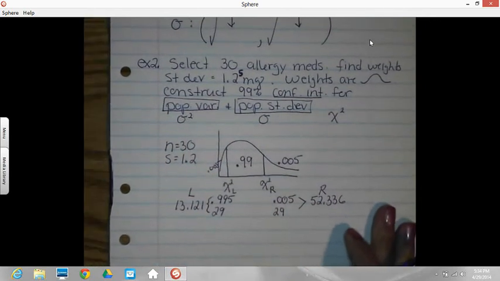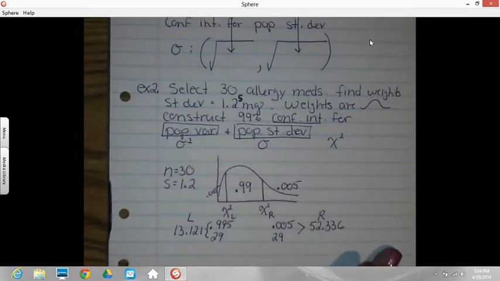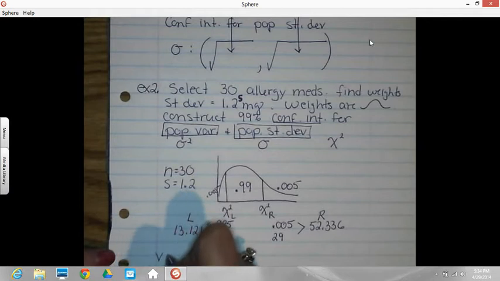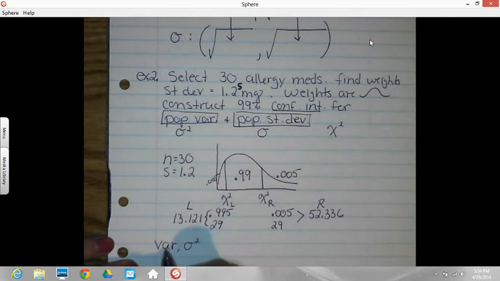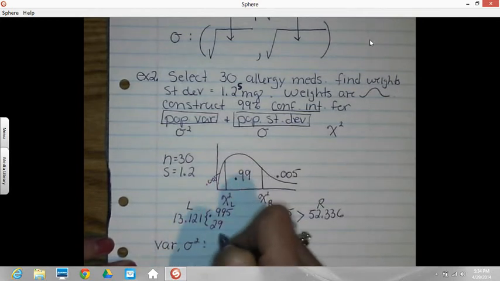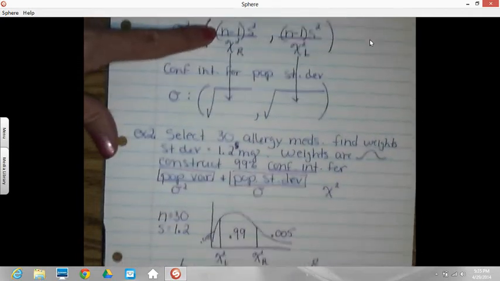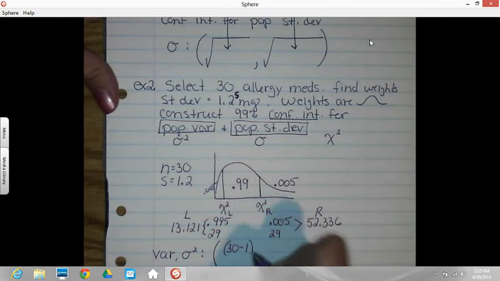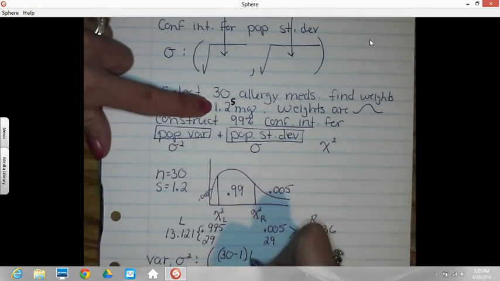And now it's just a matter of plugging into my formula to get the interval where I would expect the variance to fall for the whole population of all allergy meds. So we'll start with that one. So the variance is sigma squared. I just like to write both so you get used to the word and the symbol. To get that interval, just following the formula above here, n minus 1. So that's 30 minus 1. You're good to go with putting a 29 there. Times the s value squared, which is 1.2 squared,